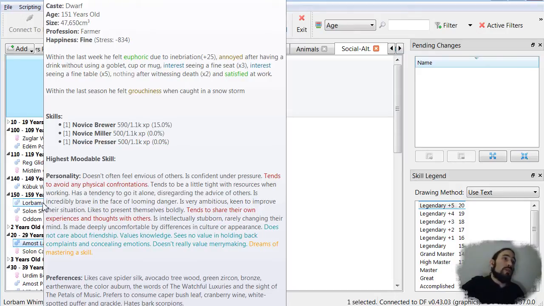He felt euphoric due to inebriation. Well, that might not be too bad. Annoyed after having a drink without using a goblet, cup or mug. Interested in seeing a fine seat. Nothing after witnessing death twice. Who did he see die? That's the question. Doesn't often feel envious of others, is confident under pressure, tends to avoid any physical confrontations, tends to be a little tight with resources when working, has a tendency to go it alone, disregarding the advice of others, is incredibly brave in the face of looming danger, very ambitious, keen to improve their situation, likes to present